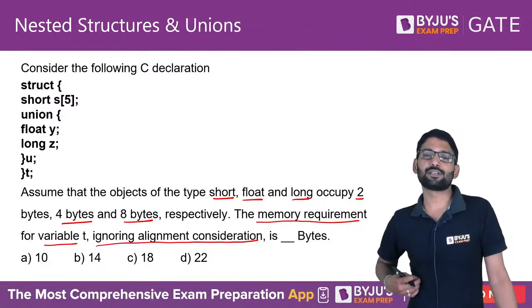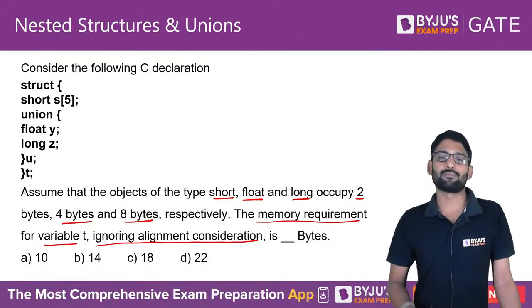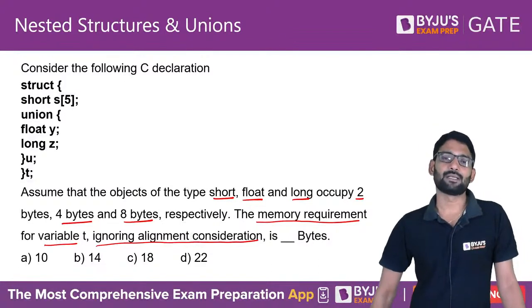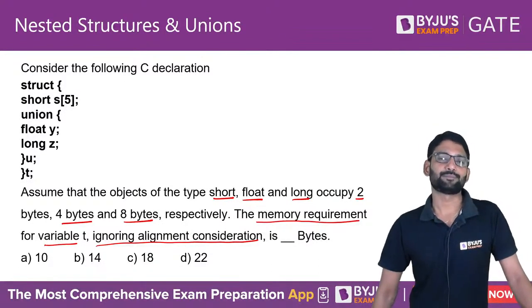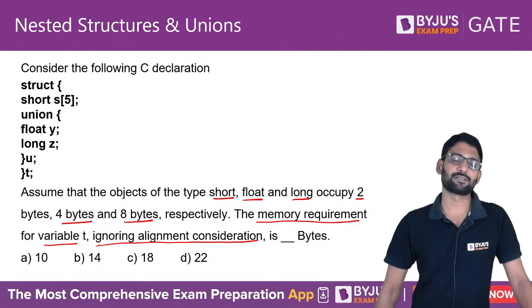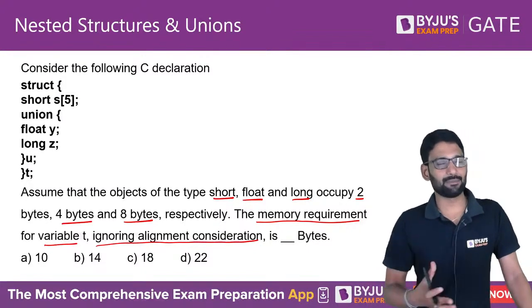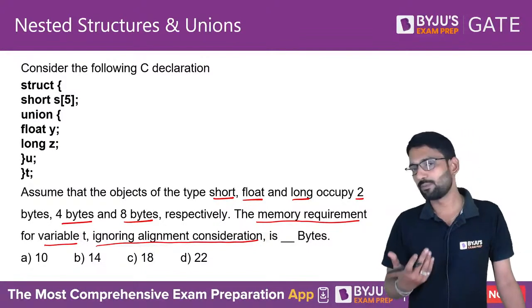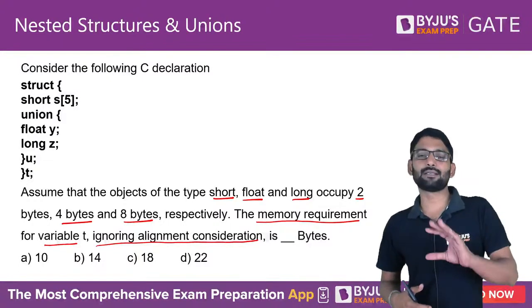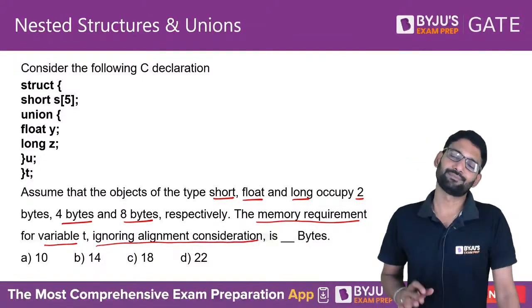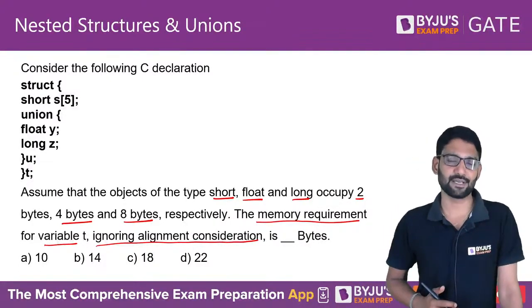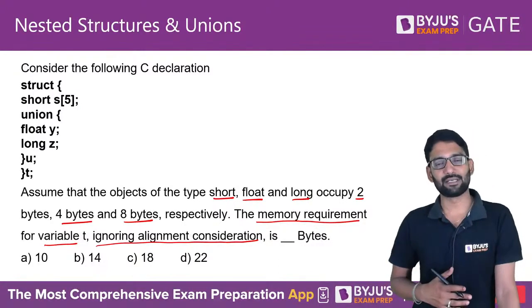Alignment consideration is a vast topic, but let me tell you the shortcut. Alignment in the sense, whichever member takes the maximum size, allocate the same size to every member. That is the simple shortcut I can say. If you consider alignment consideration,